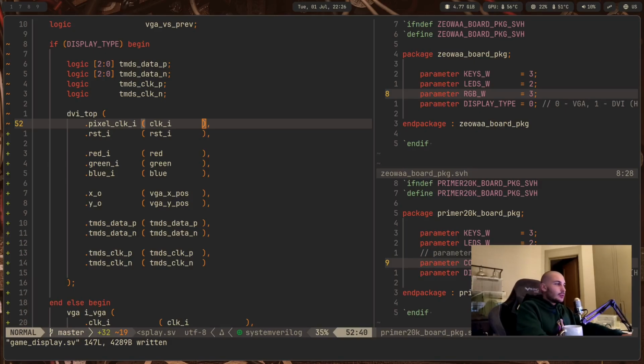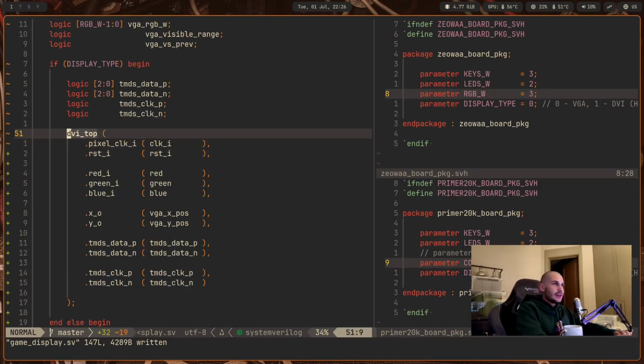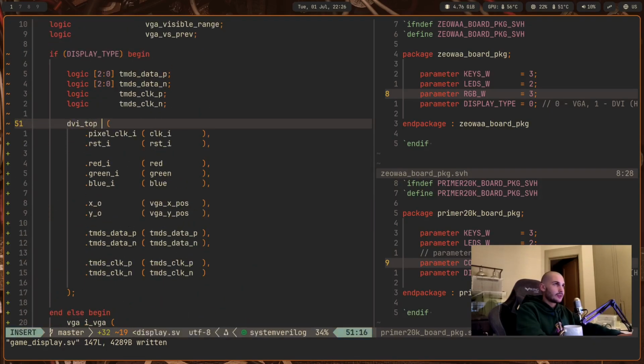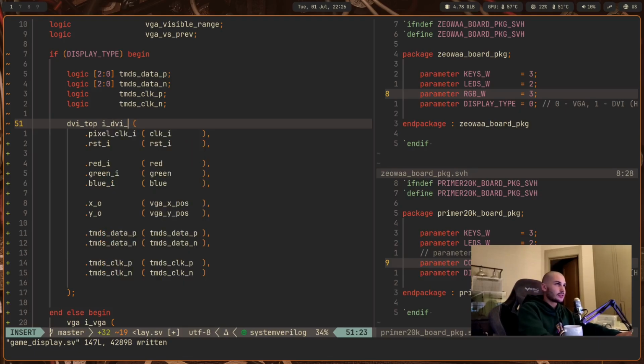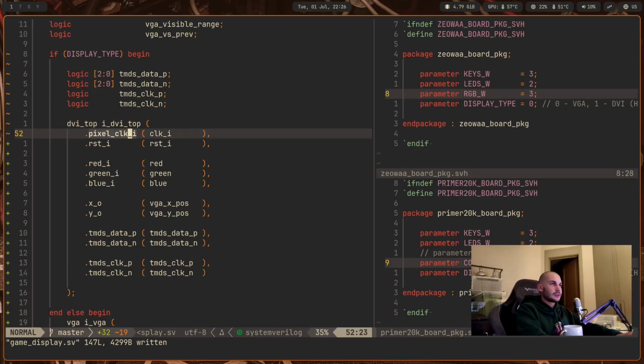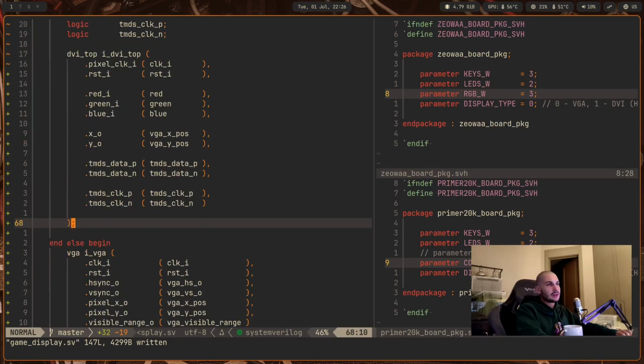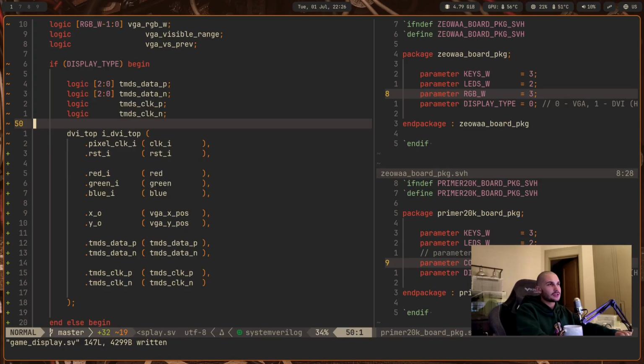Anyway, DVI is here, and I forgot to actually give a name to the instance, so I'm just gonna call it idvi top. So pixel clock is here. Maybe it would be even better to create, no, it won't be. Yeah, so I have to provide a separate clock, because you actually need two clocks to work with DVI. You need one clock to